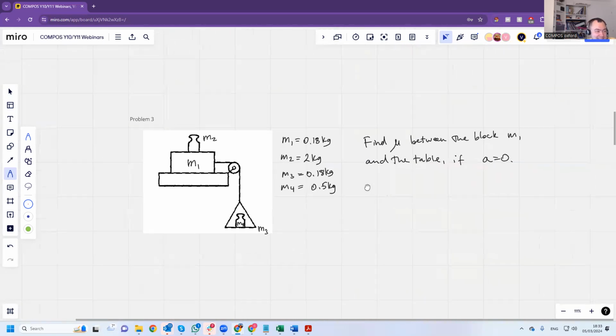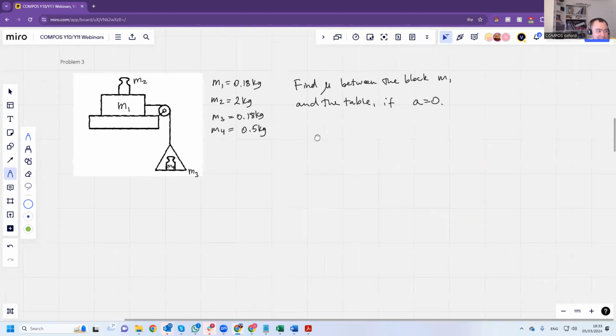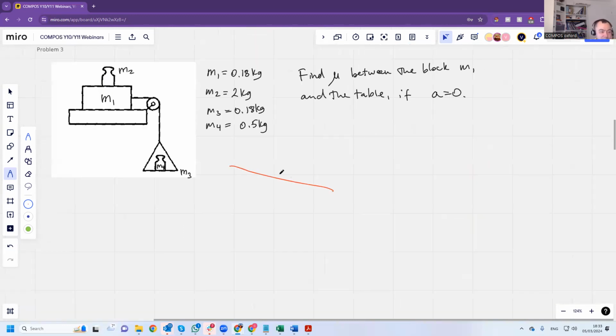Okay, so let's get serious. Problem 3. We have a system. We have a table. So there's a pulley, and there's a rope. There's some masses, and this thing slides along the table. But the acceleration is 0. That means it slides with constant velocity. Okay. So we start by drawing a free body diagram